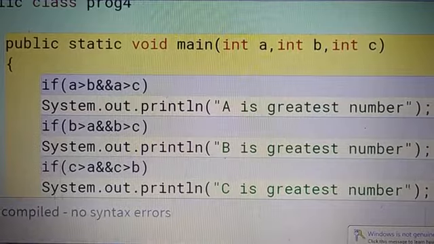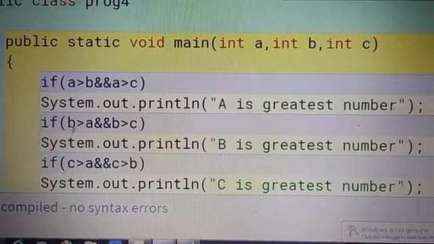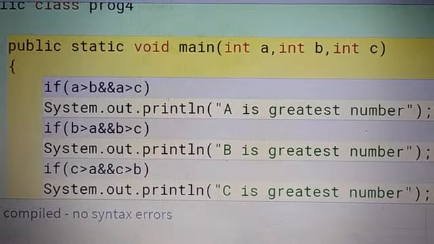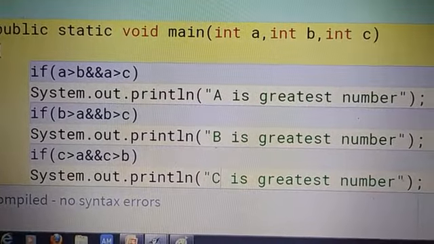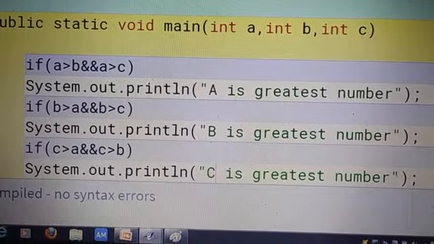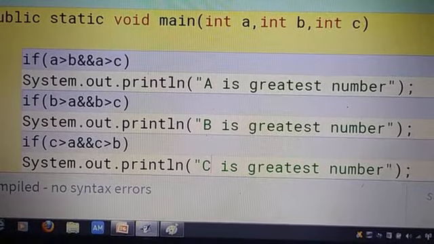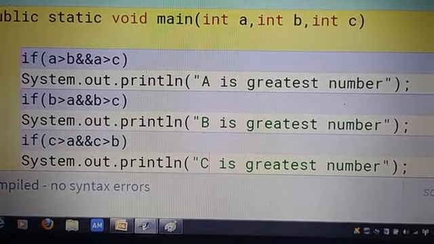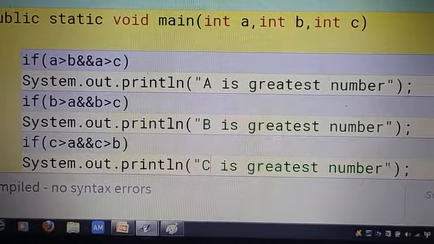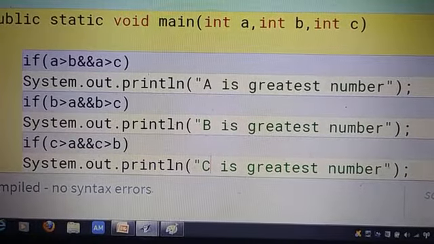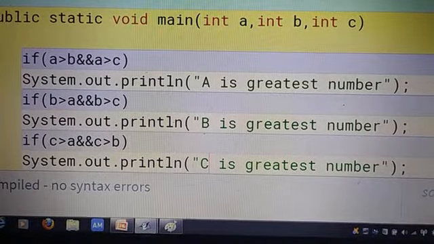Same condition for B: if B is greater than A and B is greater than C, we print B is the greatest number. Same for C: if C is greater than A and C is greater than B, then we print C is the greatest number.